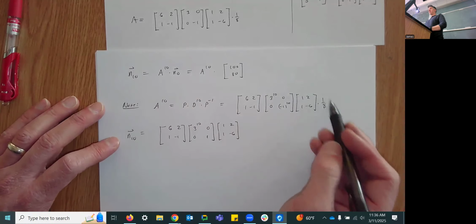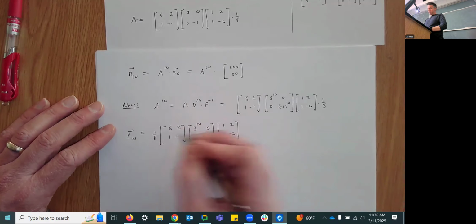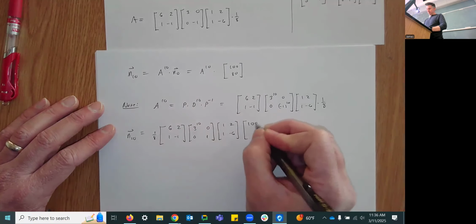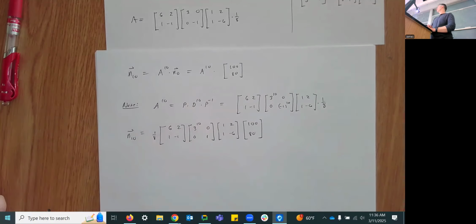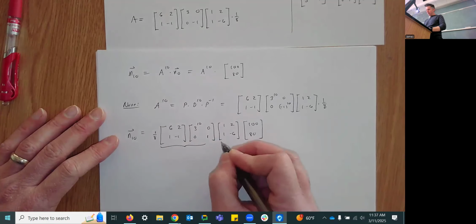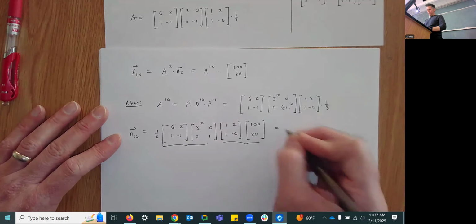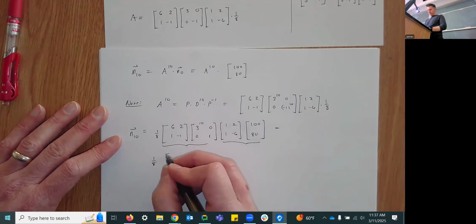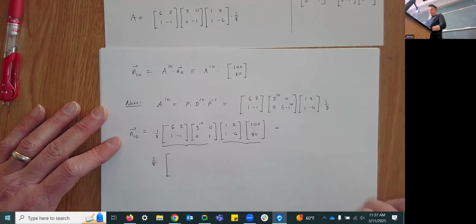And I would actually honestly move this 1/8 out in front of the whole process. It doesn't really matter where you put that scalar. Let's put it out here. And then we have this here. It's kind of terrible. What do I want to say about this? Let's see. Yeah, okay, so you can kind of do this any way you want. If it were me, I would do this part and this part at the same time. So I'm going to write this as 1/8 times